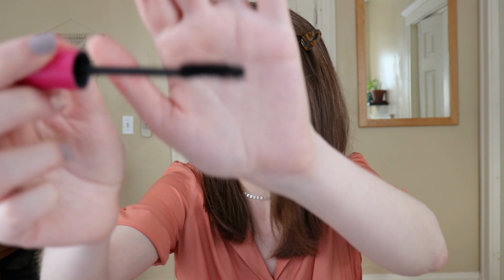I have it on my eyes today, and let me tell you, first off, I saw Caroline from Cosmetics by Caroline talking about this on one of her Instagram stories. So it's not just me that's experiencing this. She had really bad smudging of this. This mascara smudges. I normally don't complain about getting mascara under my eyes throughout the day. This one smudges so badly on me. I'm wearing it right now. I just put it on a few minutes ago, but trust me, in a few hours, it's gonna be all under my eyes. Also, the brush